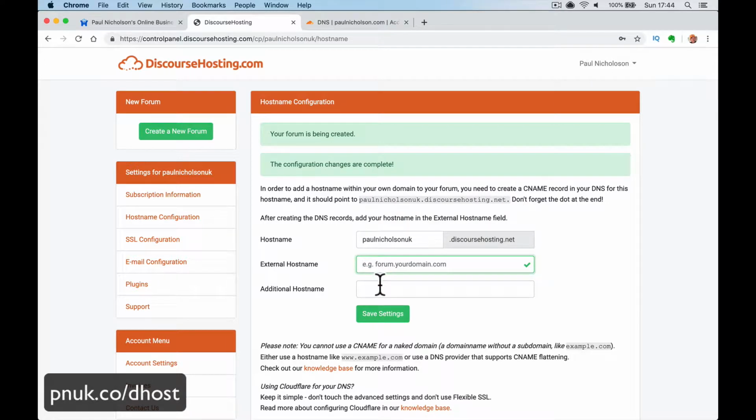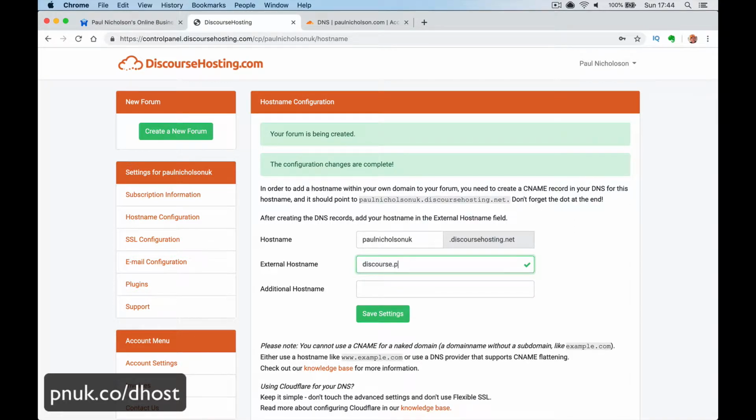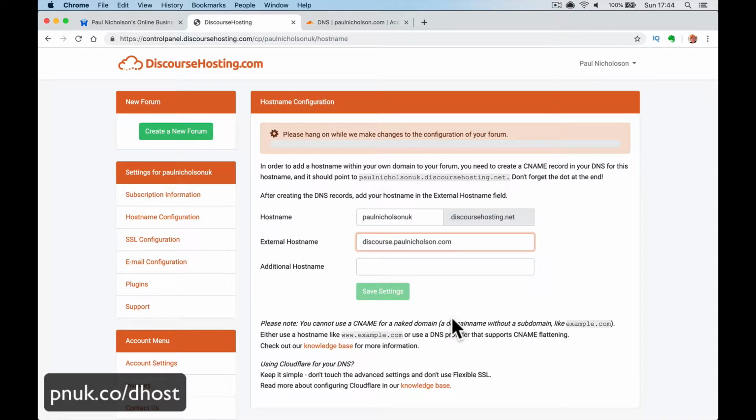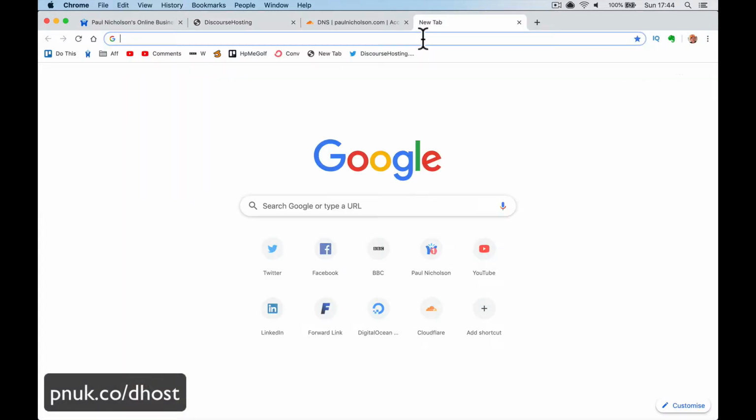Now when I go here, I want to type in where I want it to go. Discourse.paulnicholson.com, and it's happy. And if you had another forum or you wanted to move it, you can have a separate domain there as well. But I'm not going to add anything for this. So I'm going to save that, and it's going to check the settings. It's going to reconfigure your forum so that when I go to discourse.paulnicholson.com, if I copy this and go here,